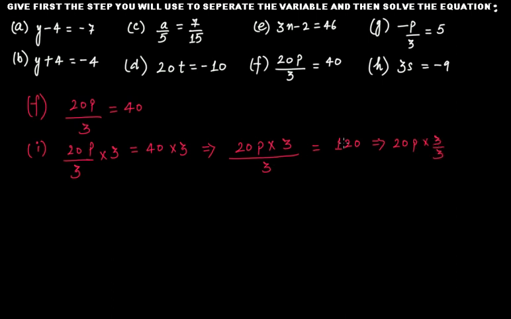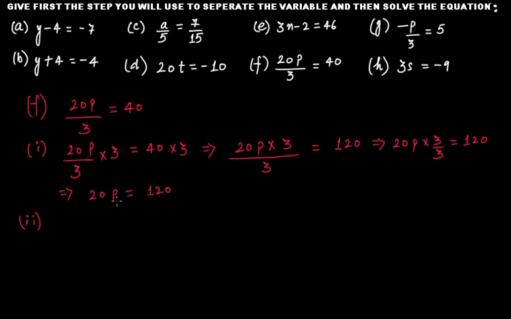We can arrange like this. This will be 120, and this will give you 20p equals to 120. Now the second step, what you will do in order to get only p, the variable,